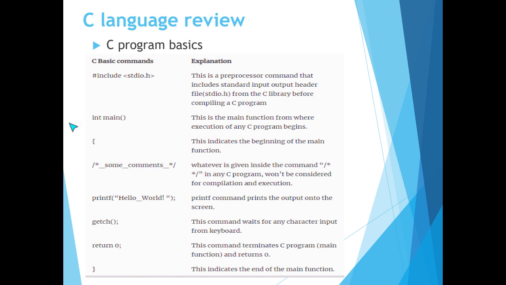As you see, our main function is the start of our C program. After that we use curly braces, and then after using different types of commands relating to printing something, getting something, or waiting for any kind of input, we use return 0, and after that again the curly braces